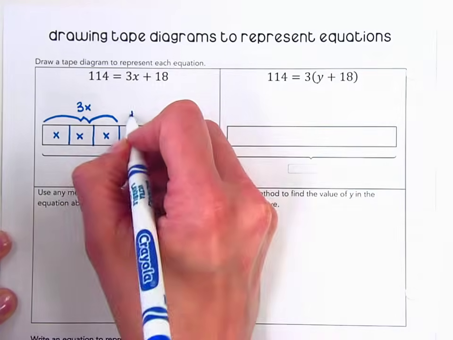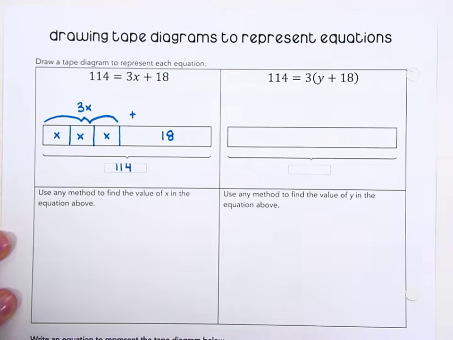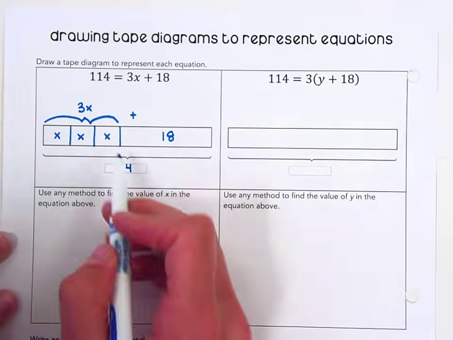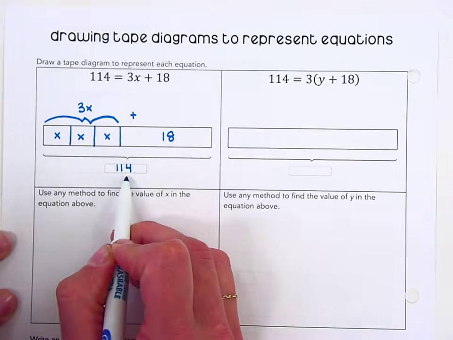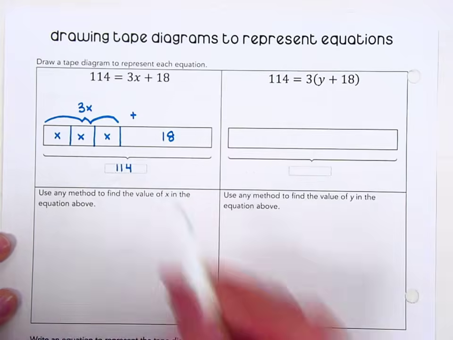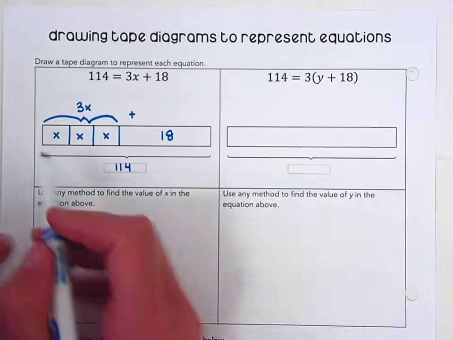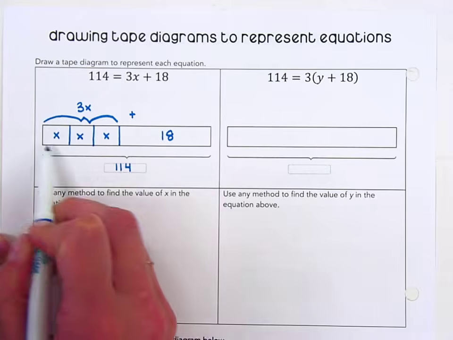And then I'm going to add a box that represents 18. So now I'm showing that 3 x's, or 3x, plus 18 is equal to 114. We can use any method to find the value of x in this equation, but the one we're going to look at for right now is, since we know this entire tape diagram represents 114,